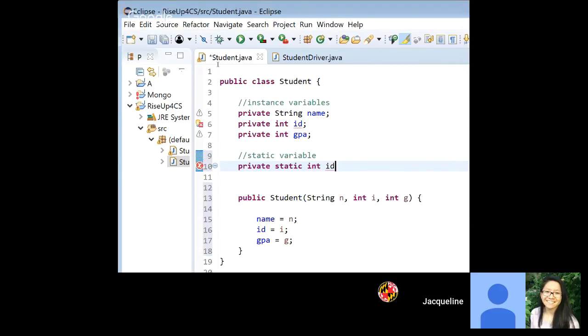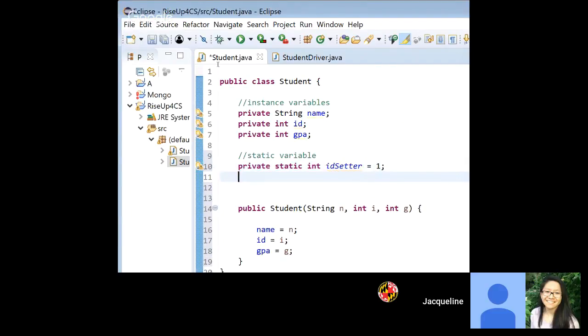Like ID setter. What static variables are is, if a variable is static, that means there's only one instance of it in the whole program. So for example, there will only ever be one instance of ID setter, and no one else can create a variable ID setter. So instead of